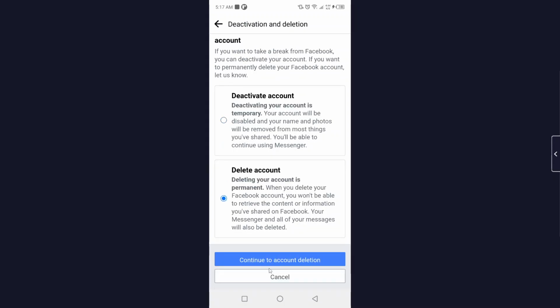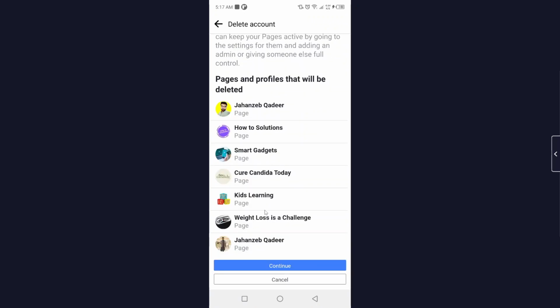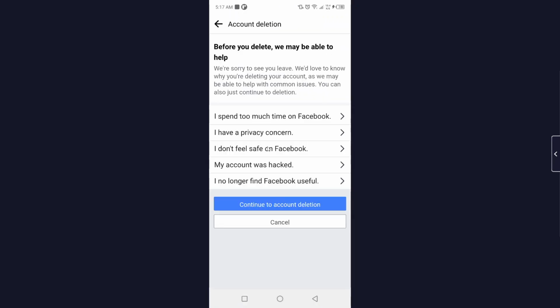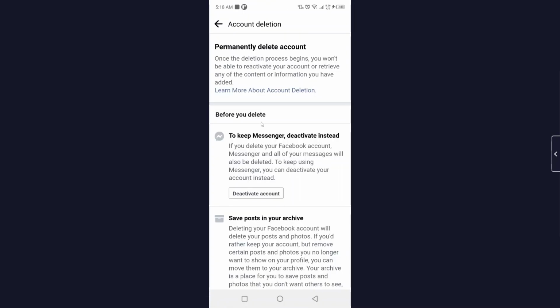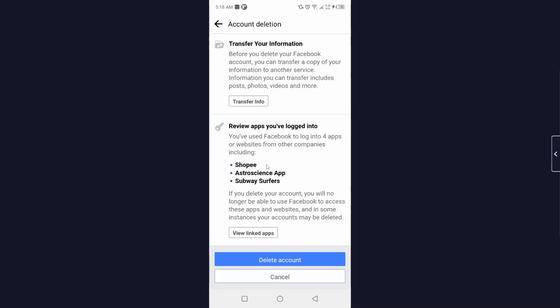Click on continue to account deletion. Okay, and click on continue, and here you can select any reason. So I'm going to select I spend too much time on Facebook. Okay, click on continue to account deletion, and here you need to scroll down, click on delete account, and here